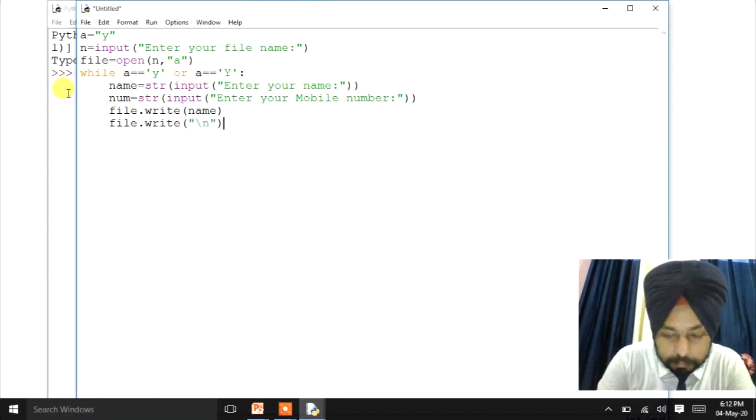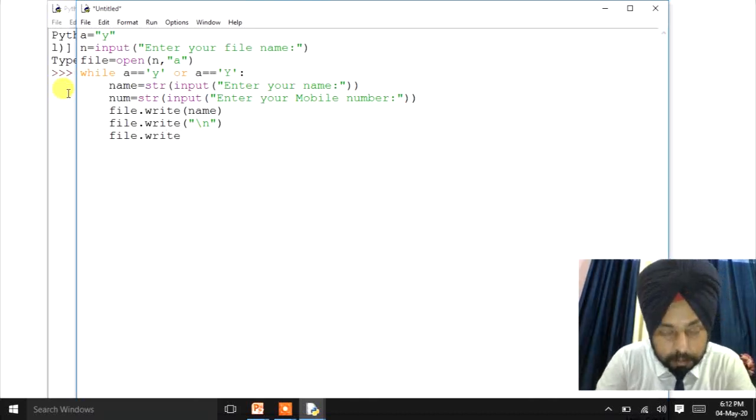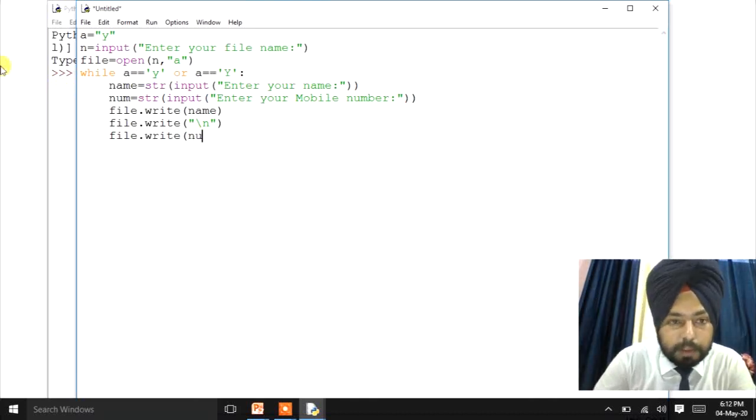Clear? Now we'll use file dot write, then we'll use num. This one we'll use here num, right?